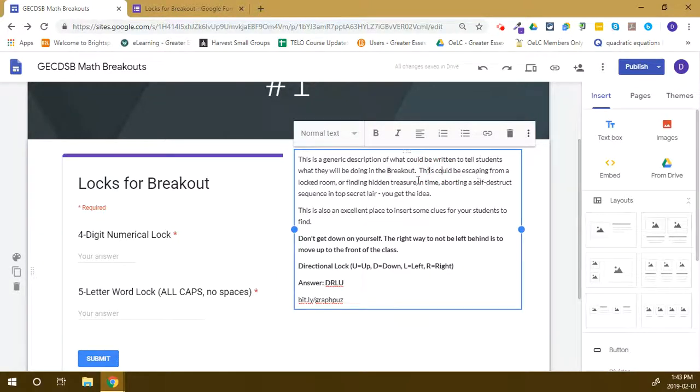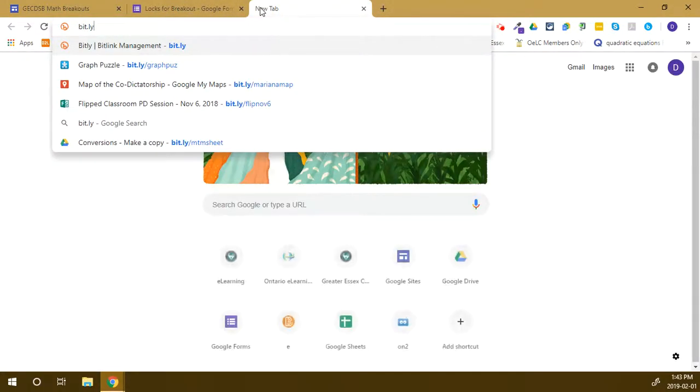So bit, so you get the idea. If I spell out bit.ly/graphpuz, and the way that you could even do this, the slash inside there is something like 24/7 or, and/or, right? There's a number of different ways you can bring the slash inside there. So if they see that then, and they can see that it's bit.ly/graphpuz, then when they go to that link,